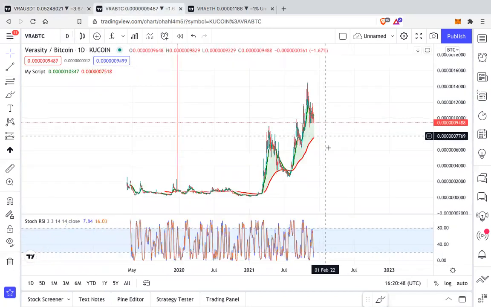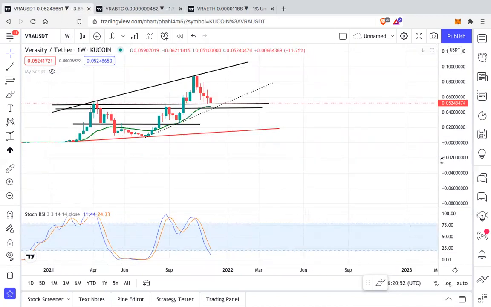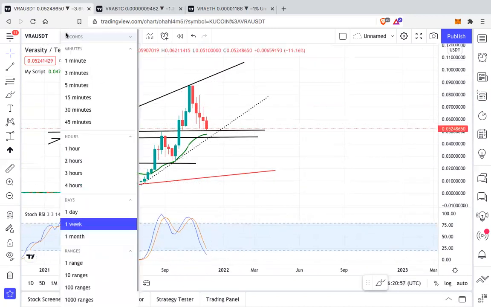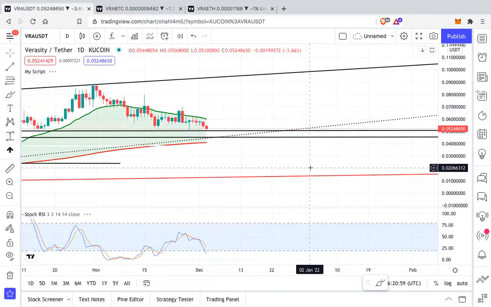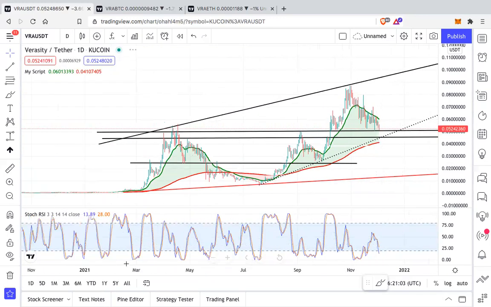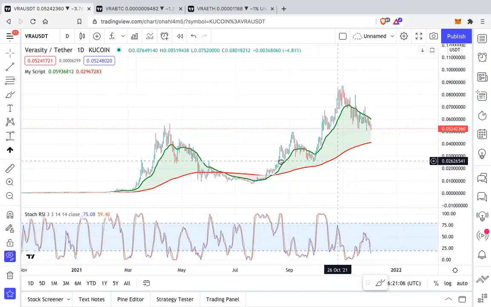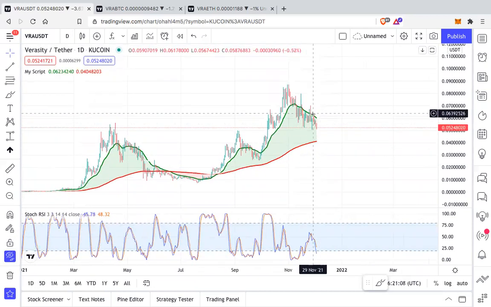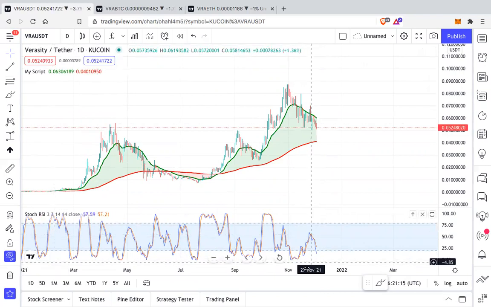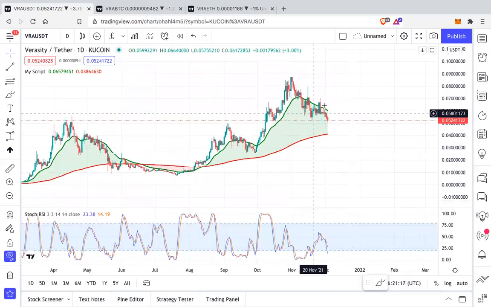If you look on the VRA BTC chart, also let me add our 21 EMA and 200 EMA, so our EMA ribbons, to know what is happening. If we add our EMA ribbons, what we can see very clearly is we have definitely broken the 21 EMA, which indicates it is extremely bullish. So on the daily, we are definitely not bullish, but we are consolidating under 21 EMA.